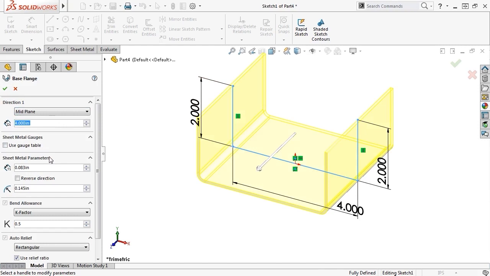This is where I tell SOLIDWORKS how thick a piece of sheet metal I will be using and what bend radius I want. I will set the thickness to 0.03 and the bend radius to 0.1. Notice the reverse direction checkbox under the thickness area. This will tell SOLIDWORKS to set the thickness the outside or inside of the sketch. By the way, the bend radius you specify is always the interior radius, whether you add material to the inside